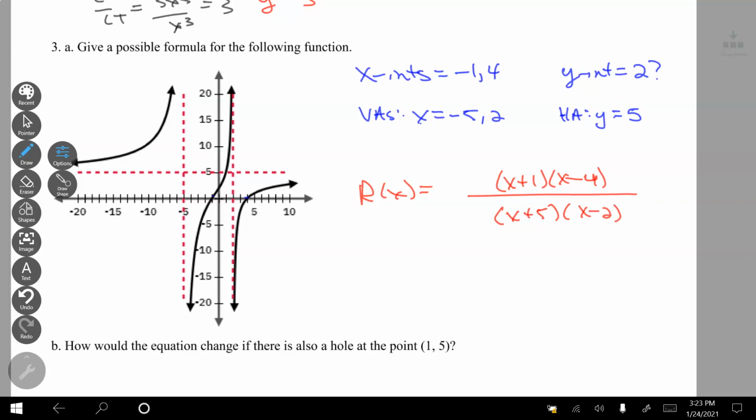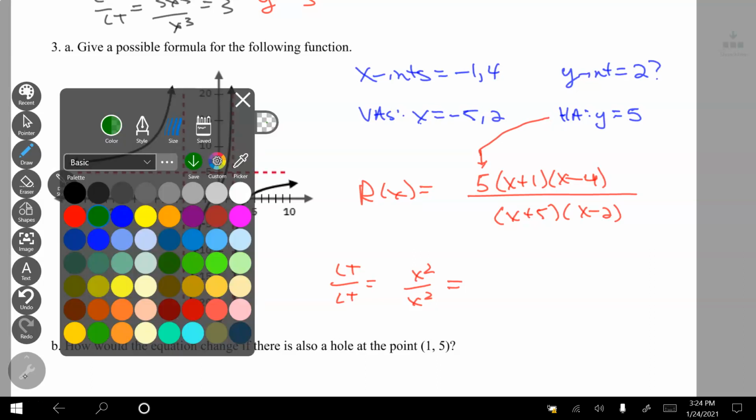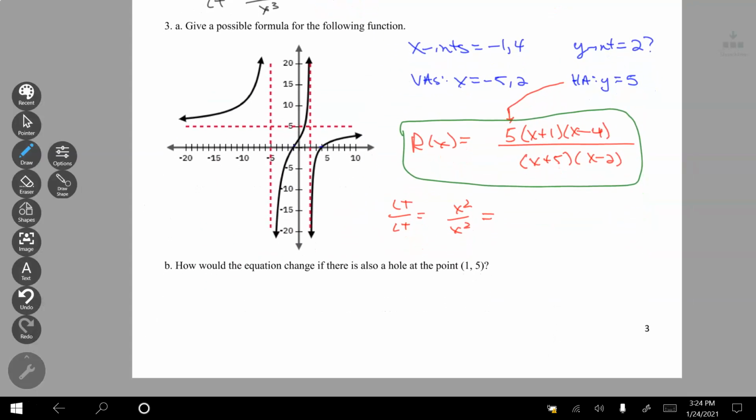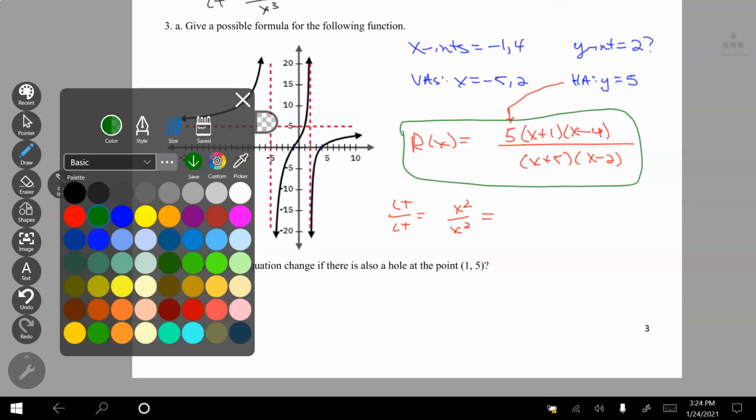And right now, my leading term over leading term would be x squared over x squared, and that doesn't give me my HA of 5, so I'm going to throw a 5 in front here because that's what's important. And I have my result that the equation for that graph is that. Now, what would happen if I were to throw in something else? What would happen if I were to throw